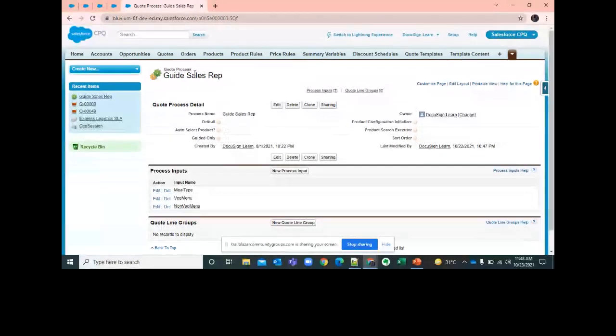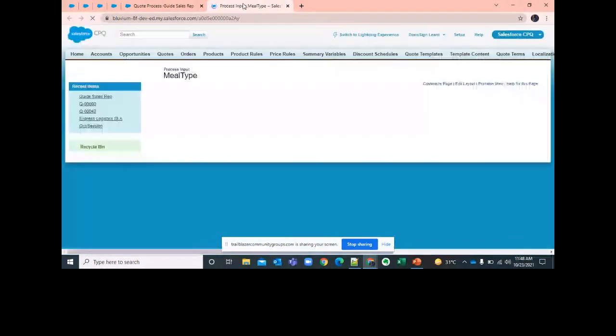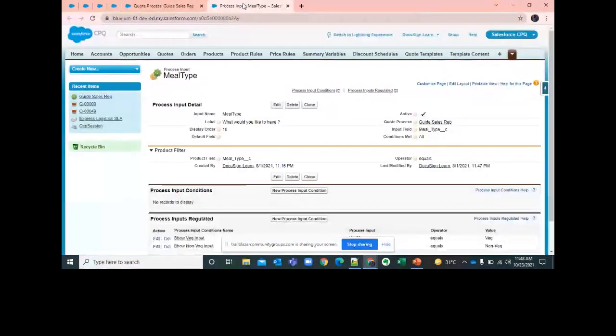For those questions, we have to configure a process input object. Just try to remember or understand: process input is an input given by guided selling.